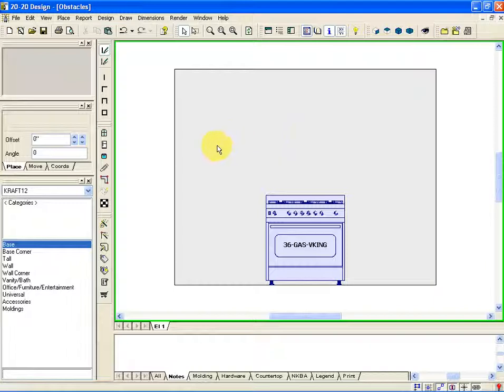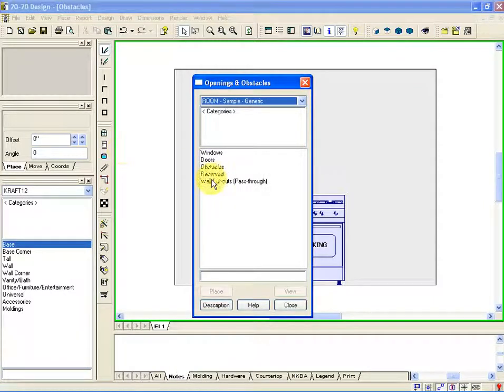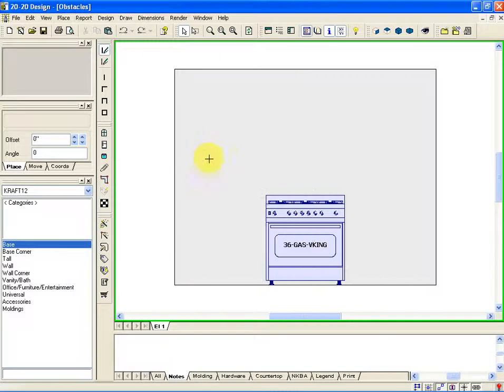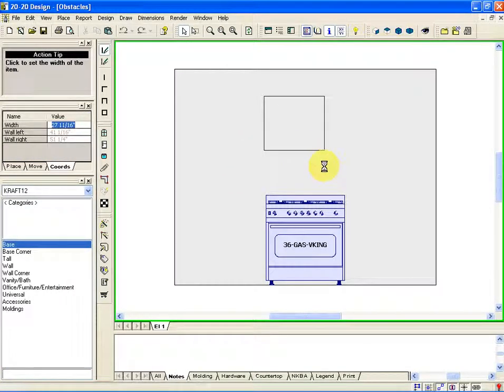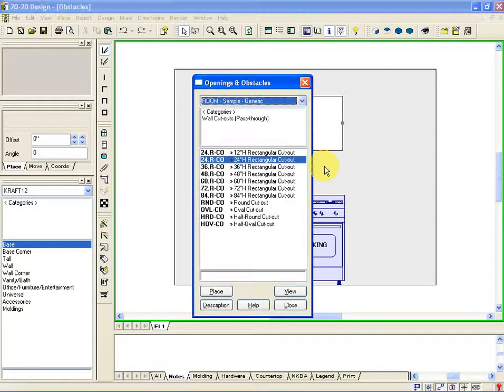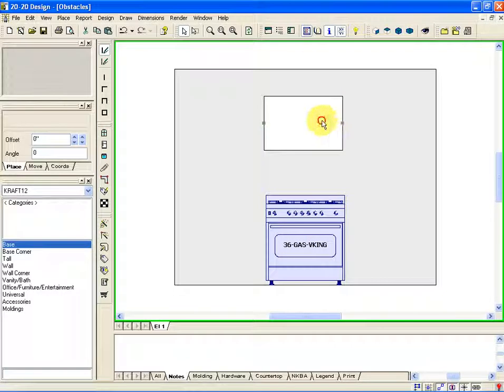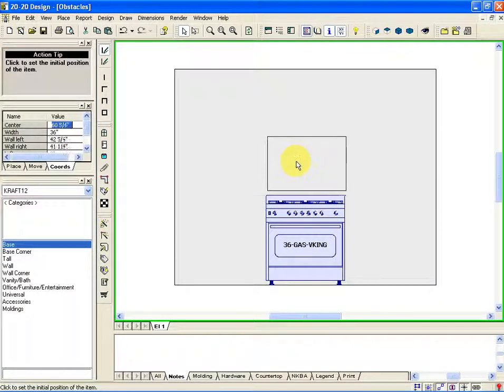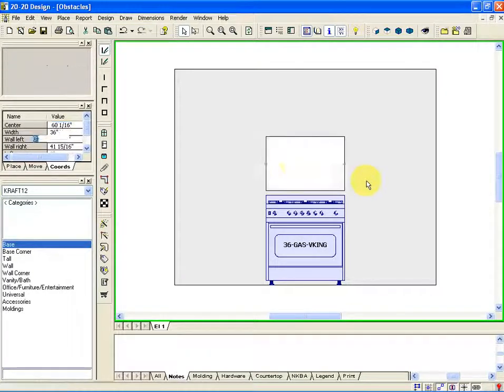In the elevation mode, we can then go over to openings and obstacles, go down to wall cutouts and pass-throughs, and I'm going to use a 24-inch rough cutout or rectangular cutout, and I'm going to stretch this out and make it 36 inches wide, the width of that gas range. I will close. Then I'm going to grab this and move it down. I'll right click and move it over a little bit, and we'll put that kind of centered on that gas